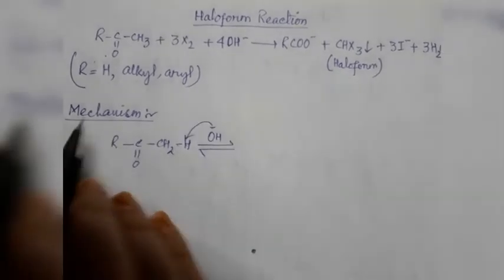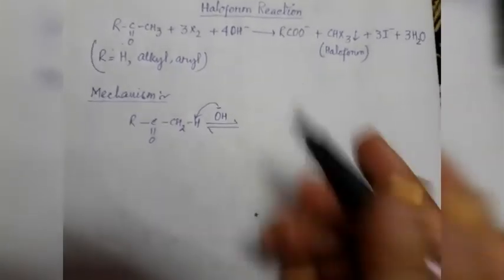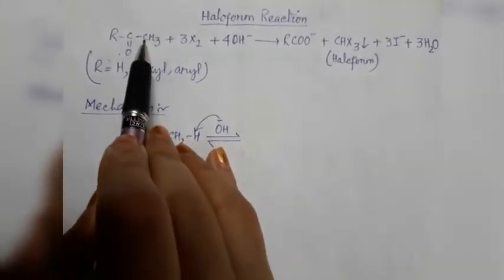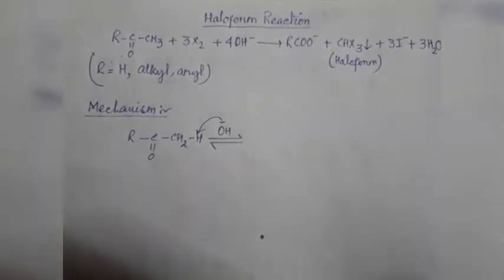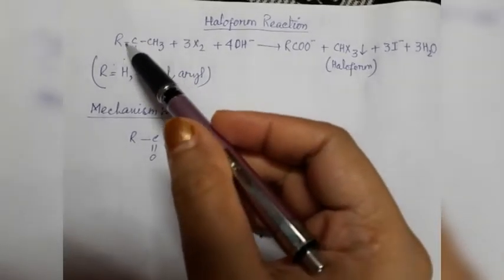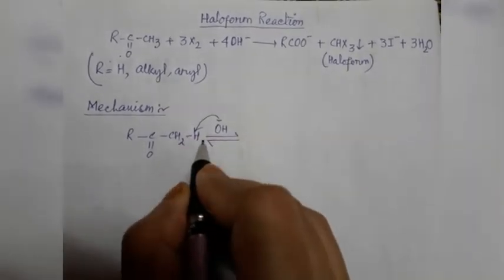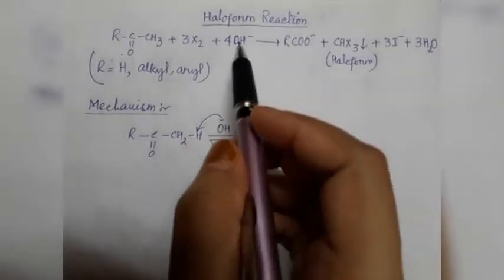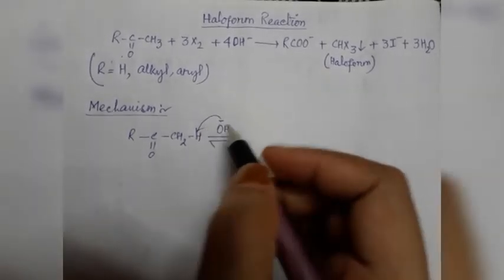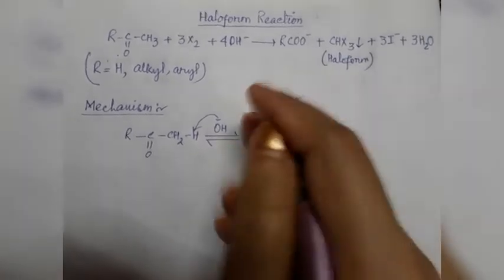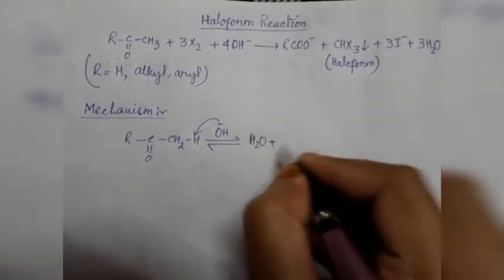So now let's talk about its mechanism. As you can see in the above equation, one CH3 group is attached to that carbonyl carbon. That means the hydrogen atoms attached to this carbon atom are very much acidic in nature due to the presence of the electron withdrawing carbonyl group. I have written it like this: CH2 bond H, and in the presence of alkali in the medium, it will abstract this acidic proton, and one water molecule will be liberated with the formation of one anion,